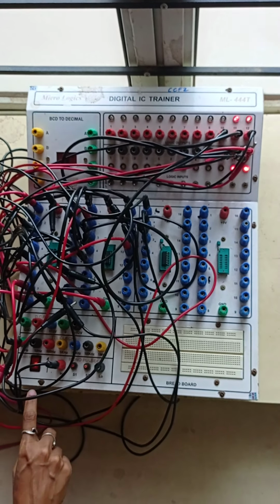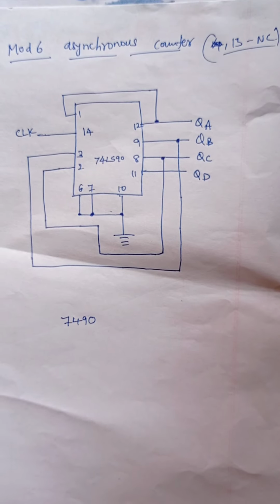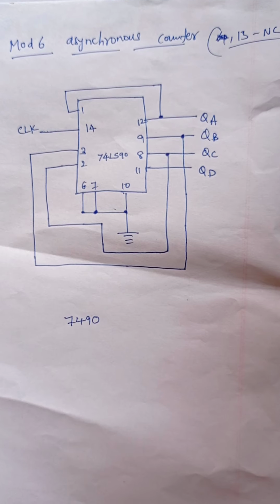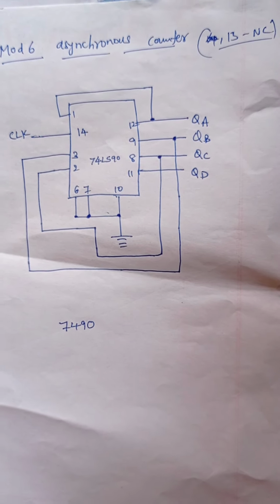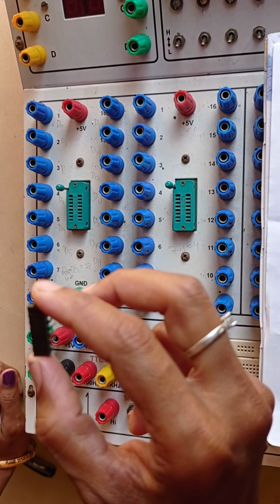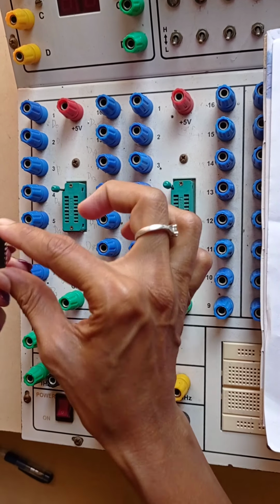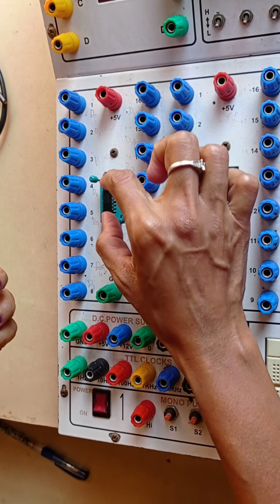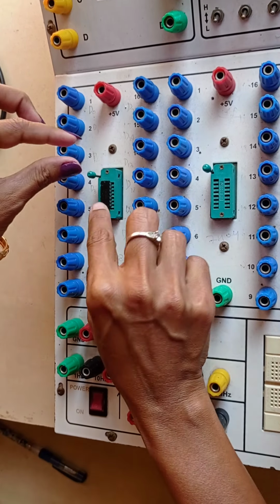Thank you. Myself Ushashri. Today I am going to demonstrate how to design the circuit of a mod 6 asynchronous counter, part B, 9th experiment. Actually this is by using 7 segment, but I am doing it by using output bits. For this we are using 7490 IC. Okay. See this notch, connect this upside. This is a 14 pin IC, so leave down 2 pins and connect this.